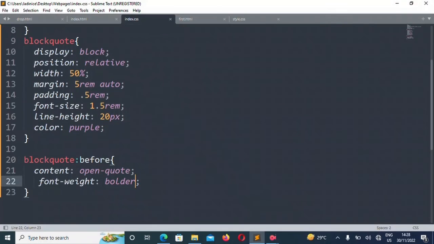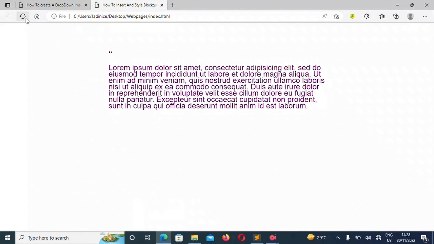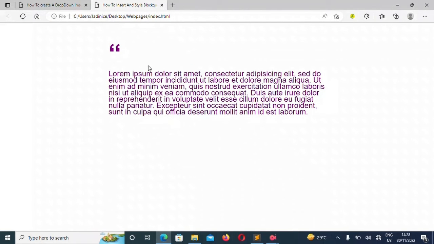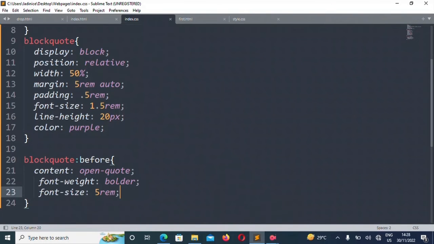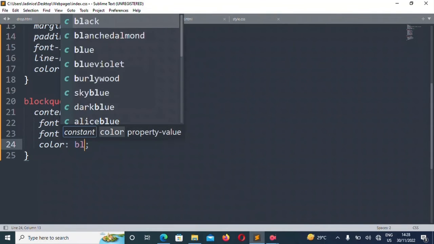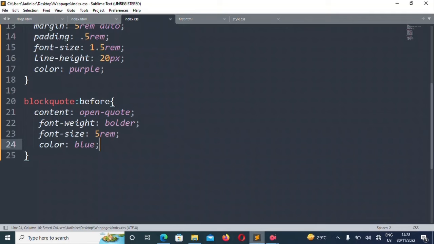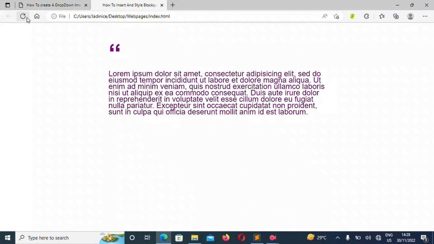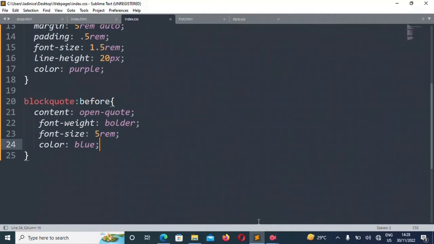And the next thing that we'll add is the font size. And this will make the quotes to be even bigger. There, you see it? And we're not yet finished. We're going to add a color. Let's see, blue. Blue sounds okay. Then when we refresh, you see it changes the color to blue. I don't know if you can see, coding is fun.